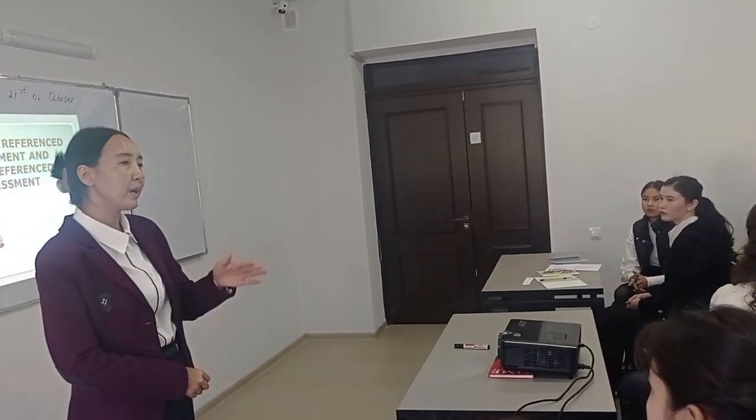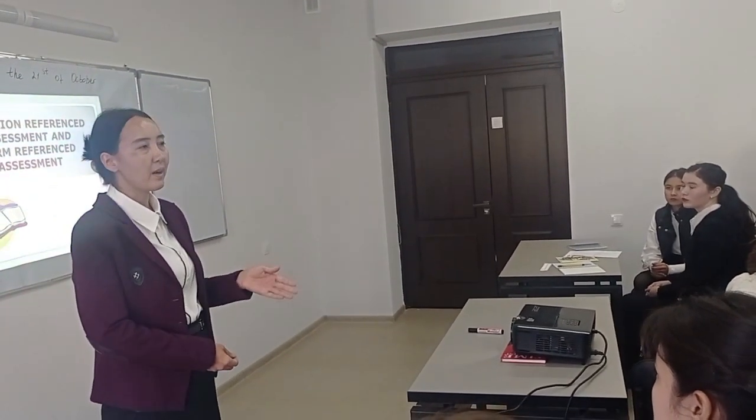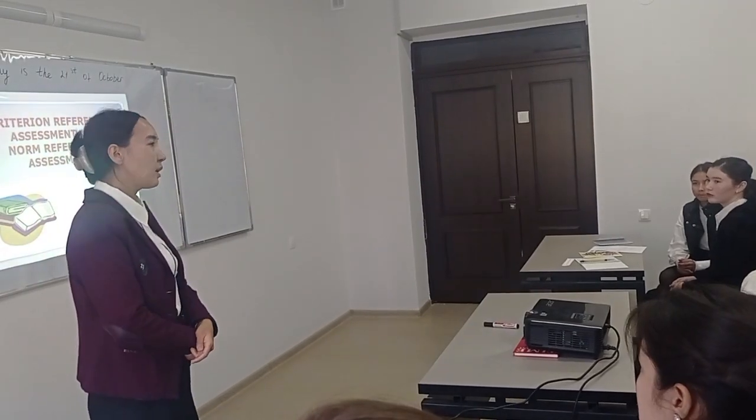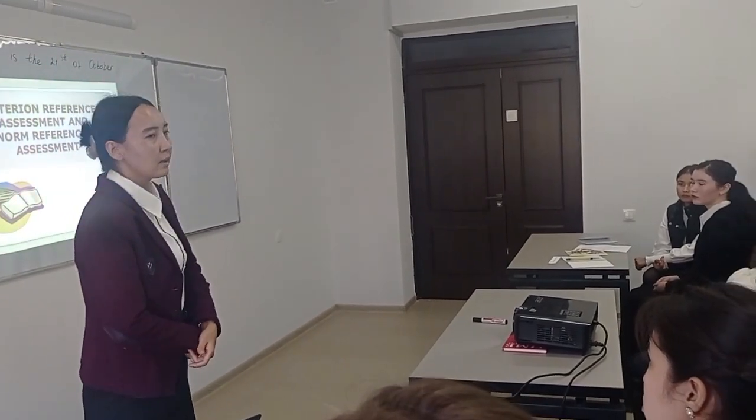All in all, we may say criterion reference assessment measures learners' specific skills, knowledge, ability, or any subject matter. And norm reference assessment measures the students' performance comparing to one another. Criterion reference assessment identifies the strengths and weaknesses of the students, and norm reference assessment identifies high and low achievers according to the given tasks. I think everything is clear? That's why you could write the differences and pros and cons of these two types of assessments. Please go to your places. Next activity.